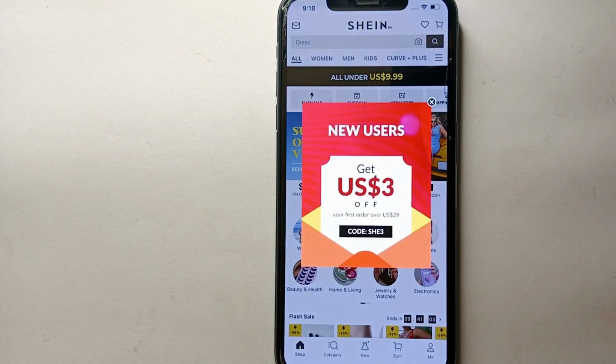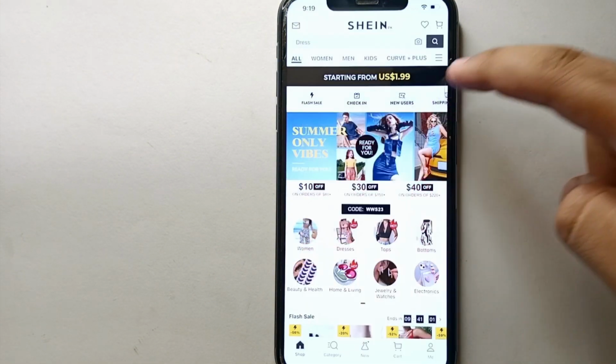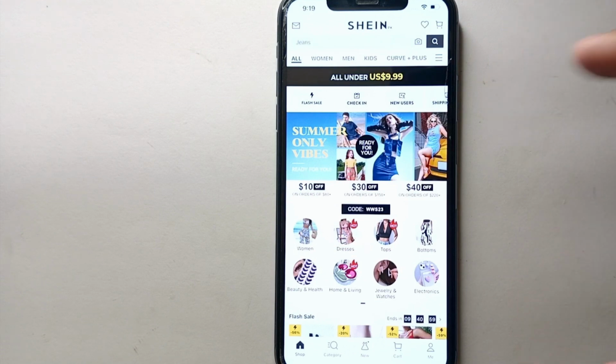Once the app opens, you will see its interface. This is how the app looks. Generally, it will look like you